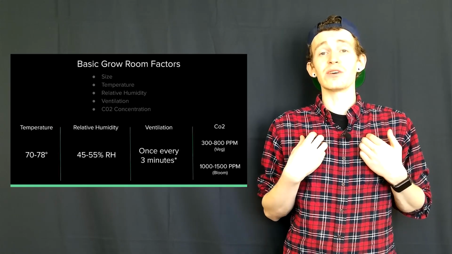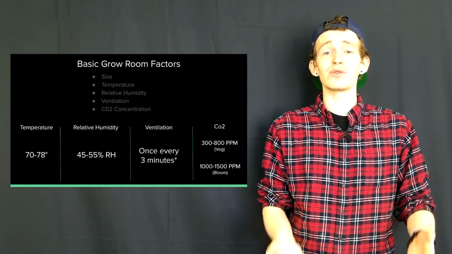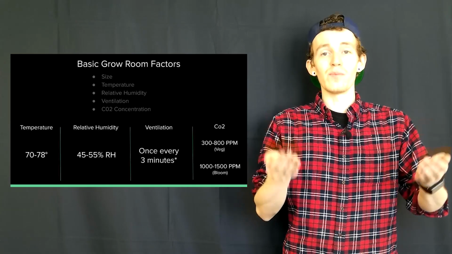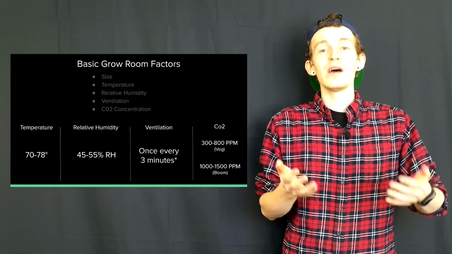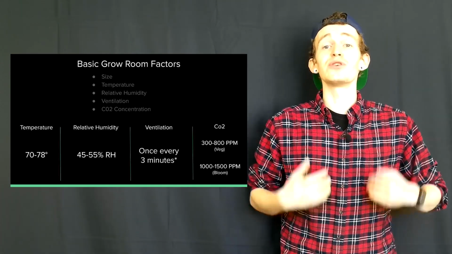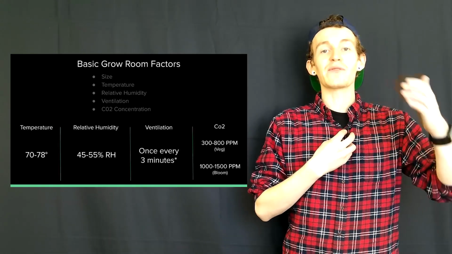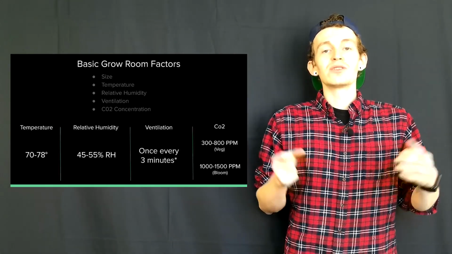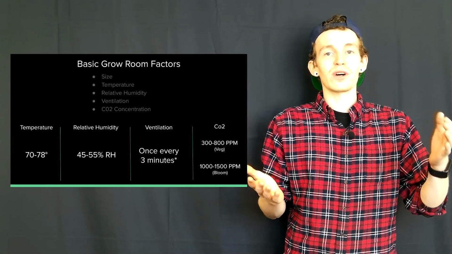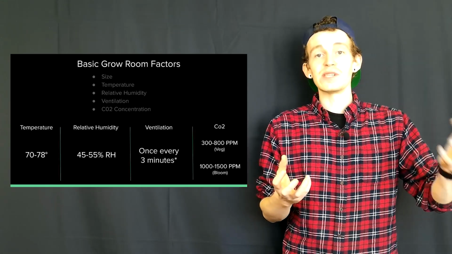And what our purpose is here is we want to actually elevate that concentration to a level that's going to make the plants move at a faster metabolic rate. Plants consume CO2 and produce oxygen, unlike human beings, which produce CO2 after we consume oxygen. So for our purposes, we're going to want to talk about the concentration that you want to see in veg